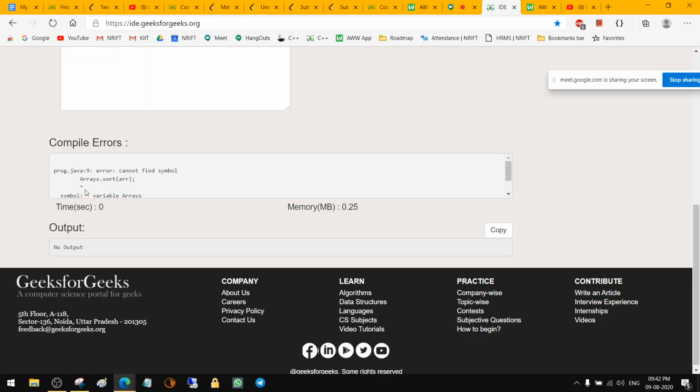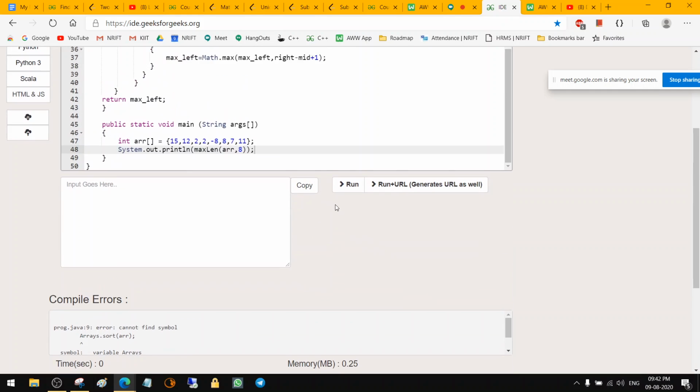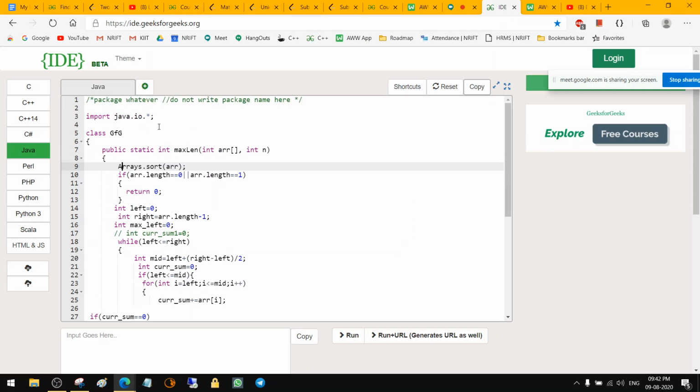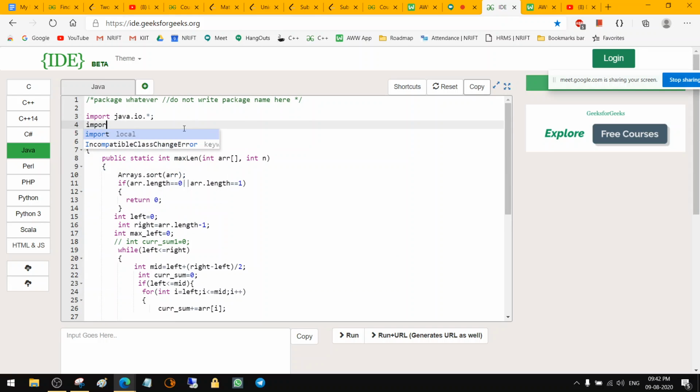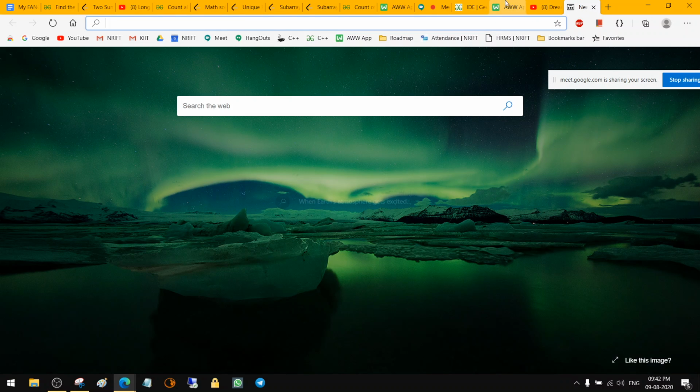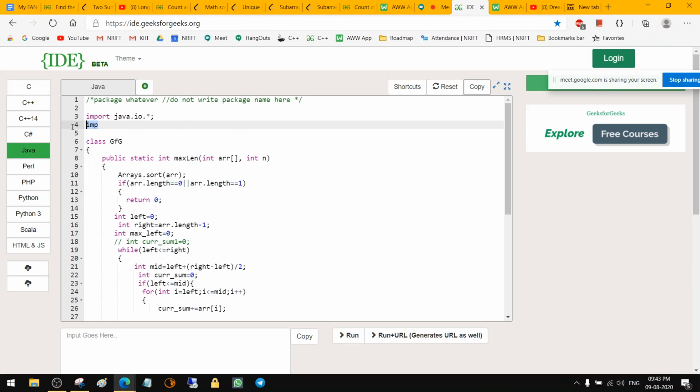नो आउटपुट, कैन नॉट फाइंड सिंबल, एरे सॉर्ट। ओके, तो कैसे करते हैं, कुछ इंक्लूड करना होता है क्या इसमें? नहीं, एरे सॉर्ट ही तो। हाँ, इंपोर्ट जावा डॉट यूटिल आपने दिया है क्या? नहीं दिया, मुझे थोड़ी याद आएगा। import java.util.*, हाँ स्टार, कोई नहीं।